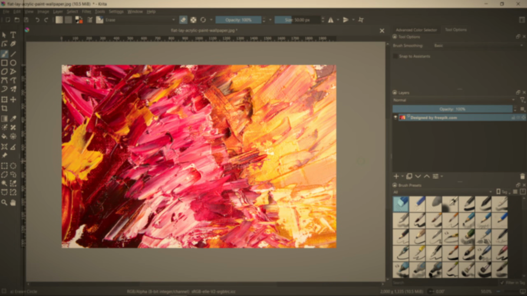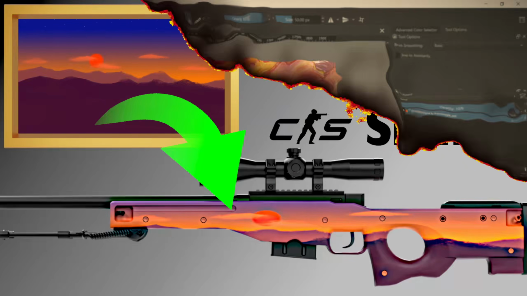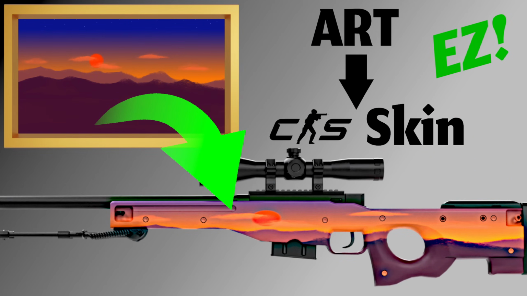So you created an amazing piece of art and now you want to apply it to your skin. But the problem is that you don't know how to do it. If this introduction sounds familiar, that's because I've already made a video explaining how to apply a ready image onto